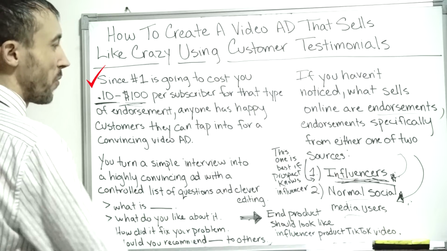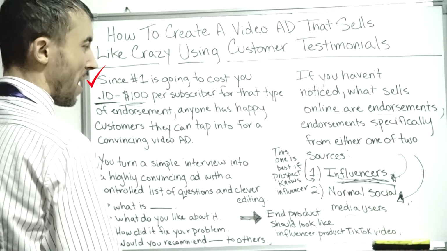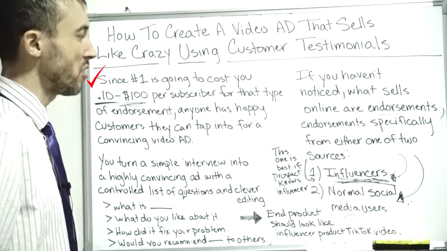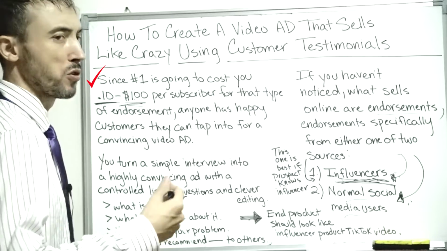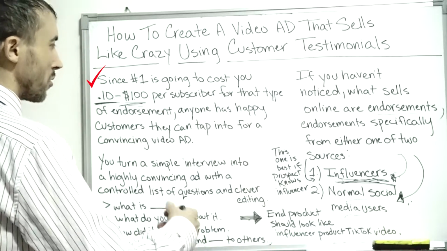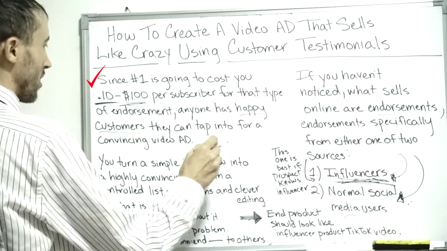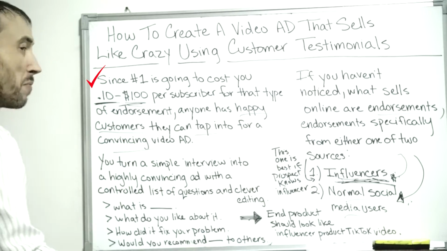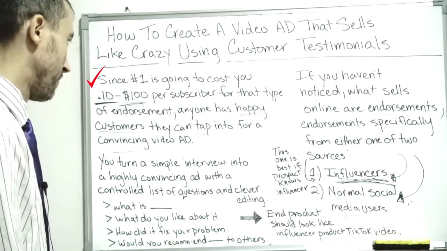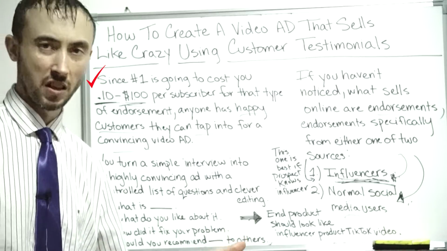Before then, you can focus on using a customer testimonial and advertising that to look like it's coming from a person that doesn't have status in your niche, but people will trust and respect that person's opinion because it's not coming from you directly. Therefore, they can trust it. Anybody has happy customers that they can tap into for this to make what they say into a video ad that can sell. Okay? The way that you do this is you find your customer that you want to get a testimonial from, a video testimonial,